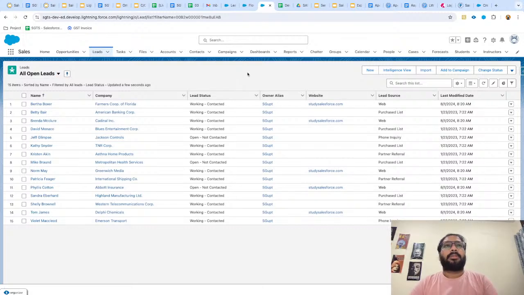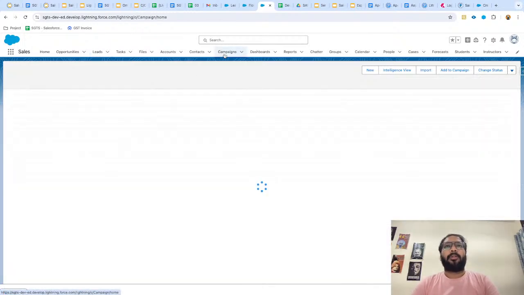Okay, so yeah, this is the lead conversion process, and in that process I showed you how we can do the mapping as well. So standard fields you can map directly, but for custom you need to map custom field with custom. So on lead, if custom field is available, custom field should be available on account, contact, and opportunity. Now if I go to the campaign,